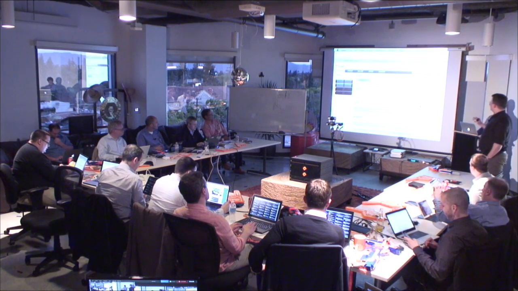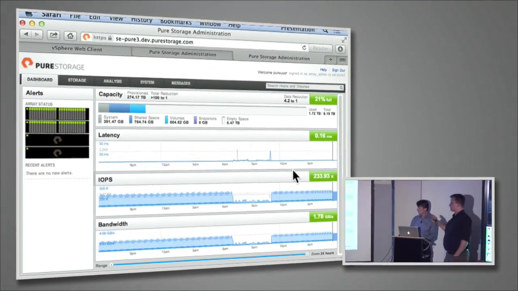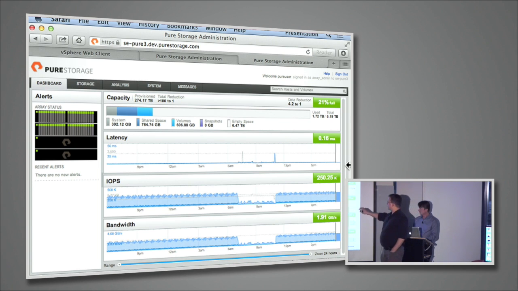So this is the first array. This is an active array that's currently in use. Our SE team globally is using it to do a variety of different types of things. We're not going to play with this array because we don't want to hurt what they're doing. But you can see we're running a significant amount of load on here. The IOPS that are coming in here are around 212,000